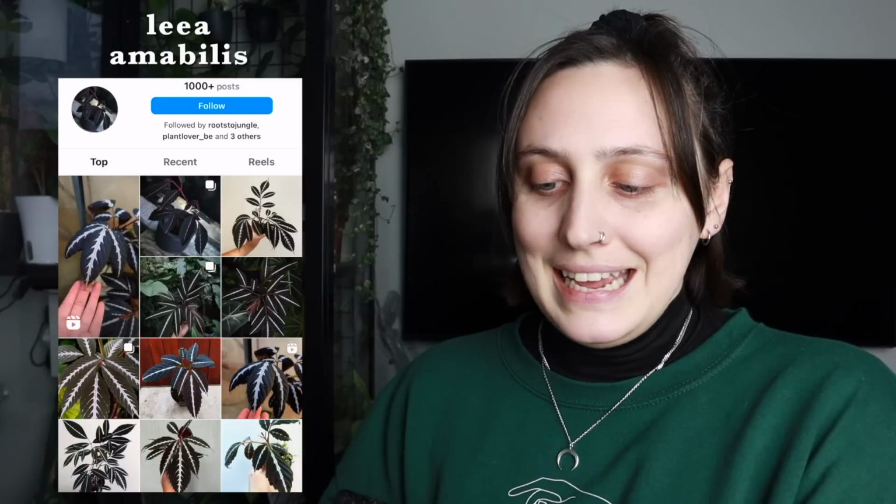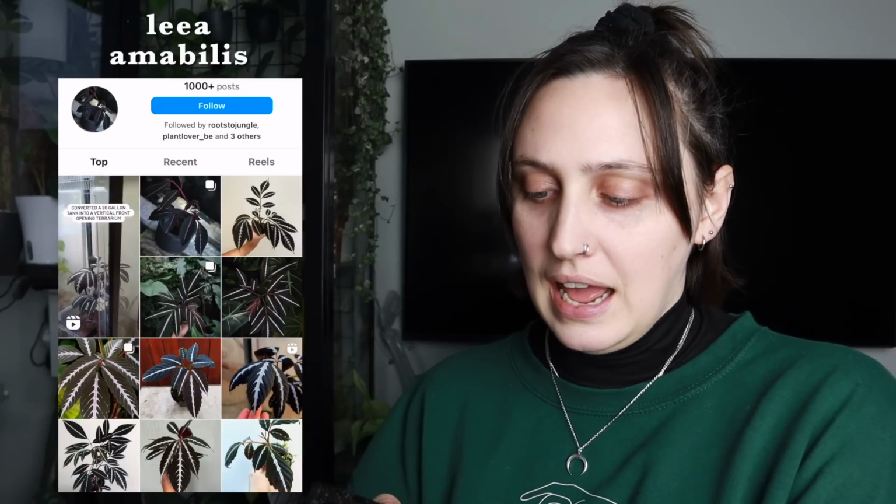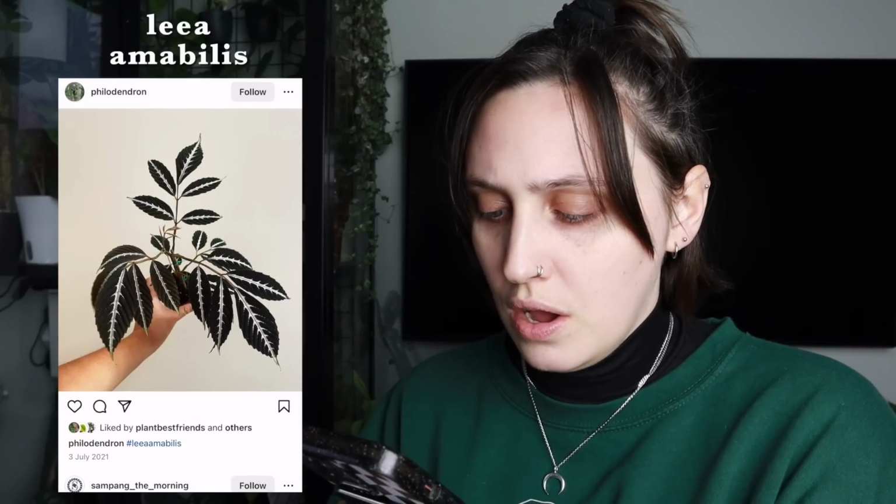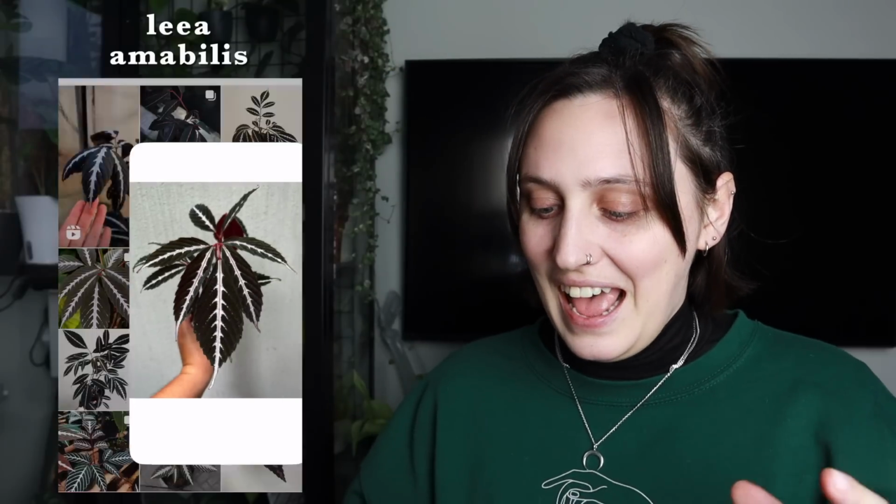Up next is a plant that I don't think many of you will have seen. It's one that I hadn't really seen much before, but once I saw it, it very, very quickly went on to my list. So I am not 100% sure how to pronounce this one. My brain would call it a Leea Amabilis, and I have never ever seen anything like this before. It is just so freaking gorgeous. If you couldn't tell, my wishlist plants tend to be dark ones or variegated ones or silvery ones, and I feel like this goes straight into the sort of plants that I